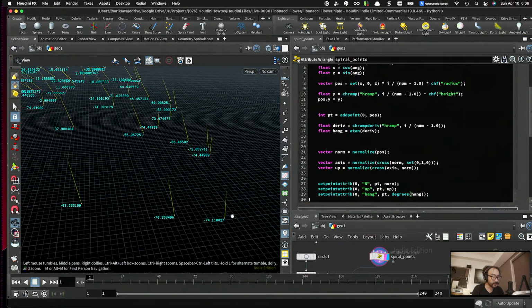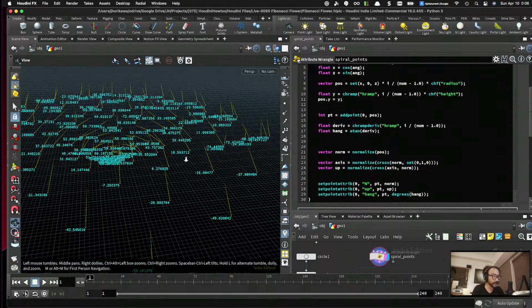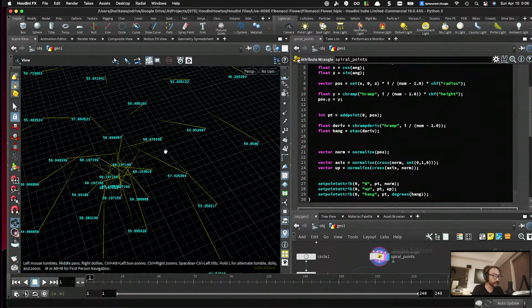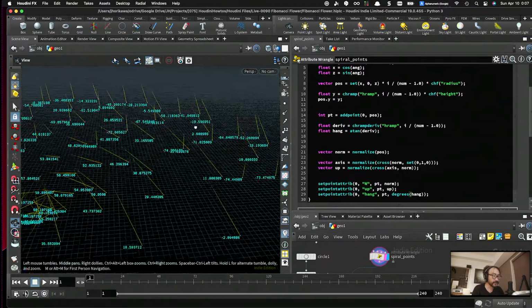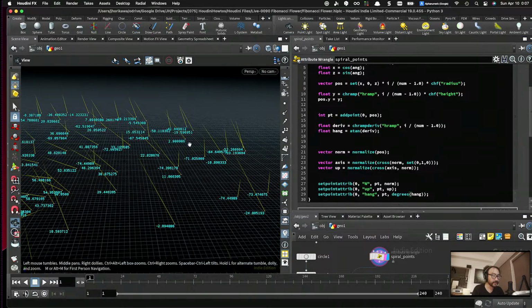Alright, so these are saying minus 74 degrees. This part here is 60 degrees. This part on the top part is close to 0, so looks like we have some promising angles. So what I want to do is to use this angle in order to get the final normal direction, right? So in order to do that,